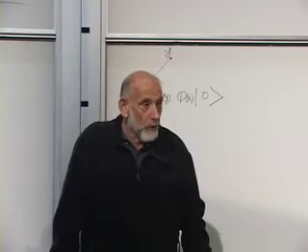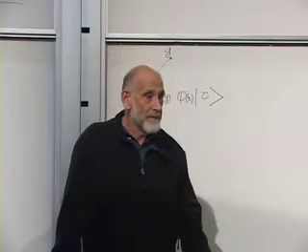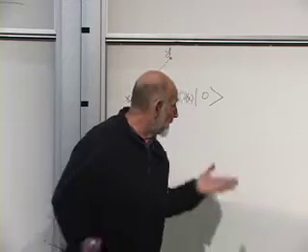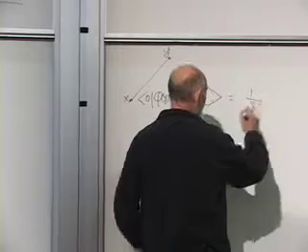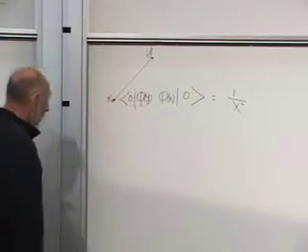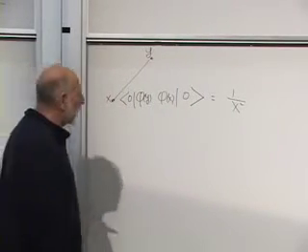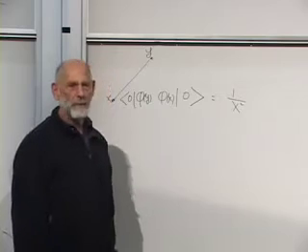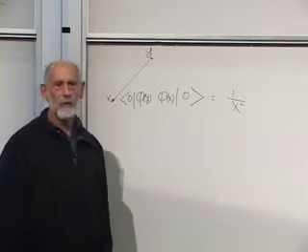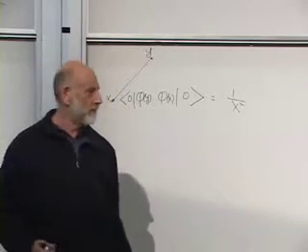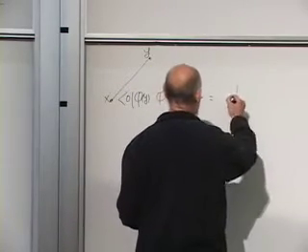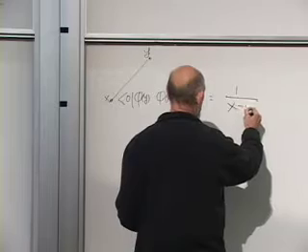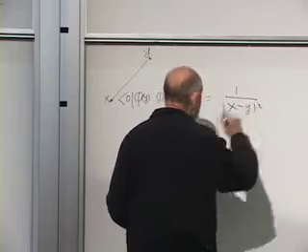1 over length squared, but what length? I don't think it would make sense to put here 1 over x squared. Nah, that doesn't look good. How about 1 over y squared? Now, how about 1 over xy? I don't know, what do I even mean by xy? X is a 4 vector and y is a 4 vector. What do I even mean by that? All right. The obvious thing is 1 over the distance between them, x minus y squared, and the distance now